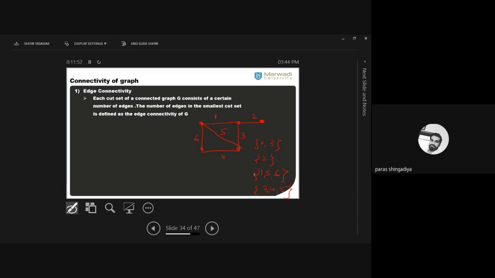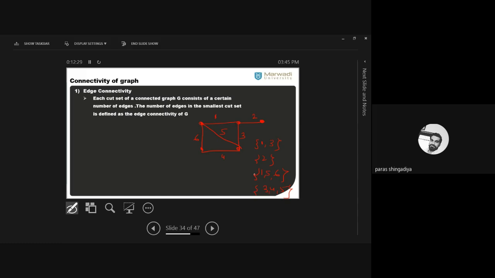Okay, first the definition. Cut set means to find some set of edges which makes a graph disconnected. So if I delete edge 2 from here, this vertex will be disconnected from the rest. So singleton 2 is a cut set. Same for 1 and 3: delete 1 and 3, and this part will be disconnected from the rest. So 1 and 3 is also a cut set, clear? Then 1, 5, 6 is also a cut set, clear? This vertex will be disconnected. Then 4 and 6 is also a cut set, 3, 5, 6 is also a cut set, 1, 5, 4 is also a cut set. All are cut sets.